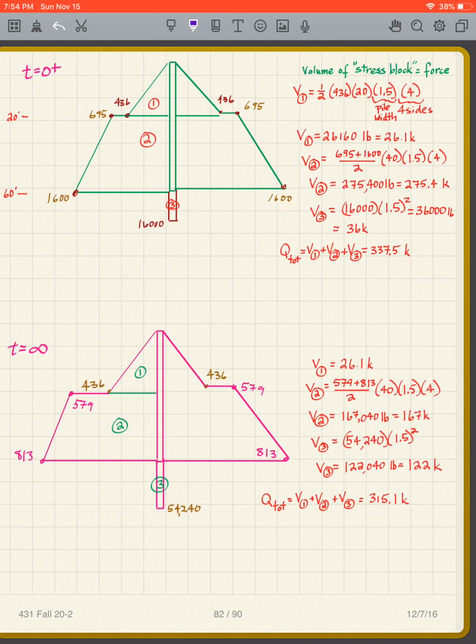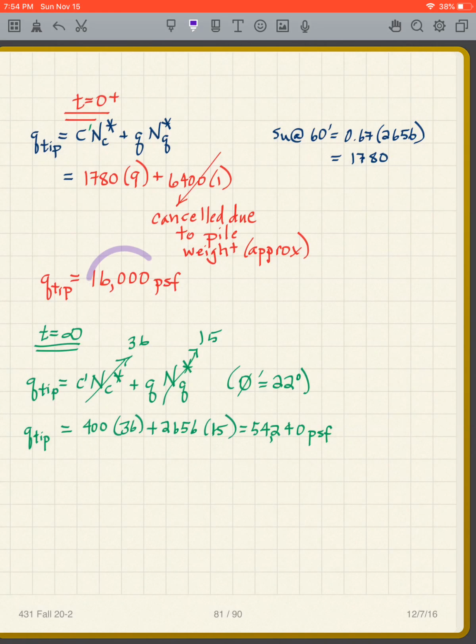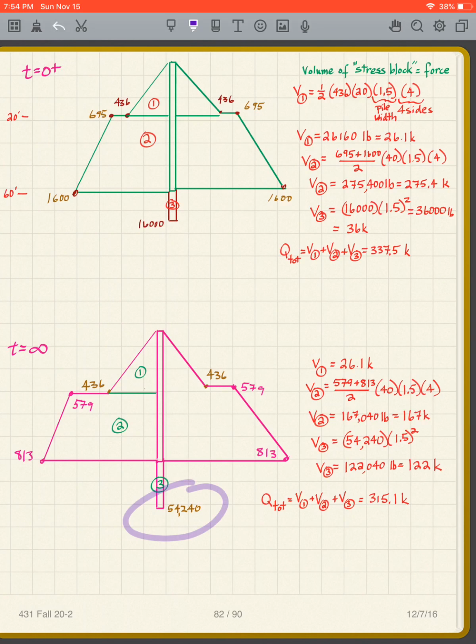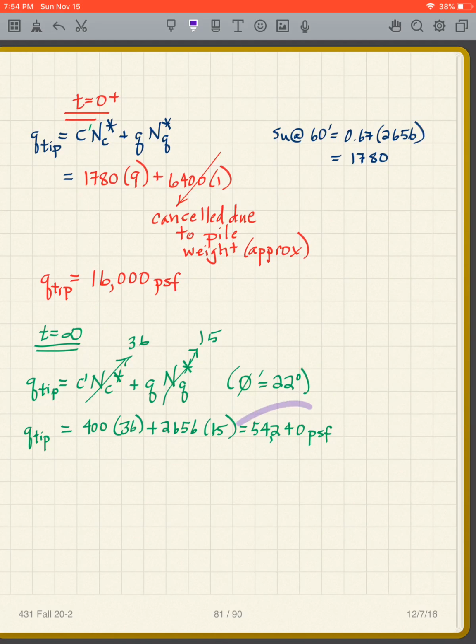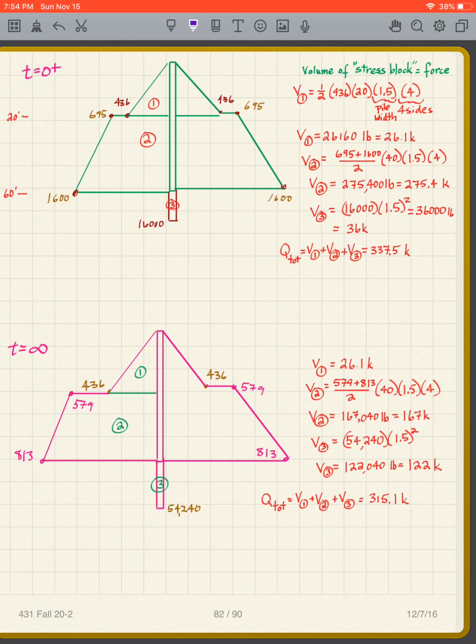So the tip, the 16,000 came from where? 16,000 came from here. And the 54,240 came from here. And so I'm getting all the volumes there. You can pause the video to look how to get those. And remember, I end up with